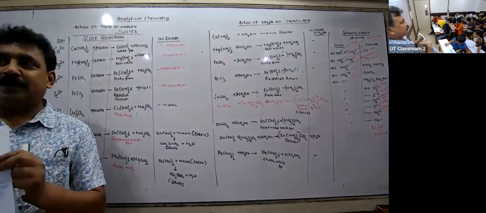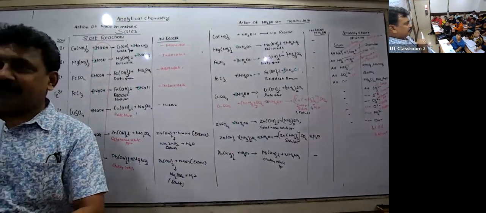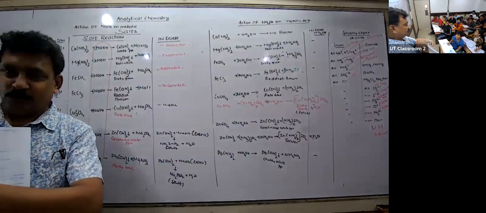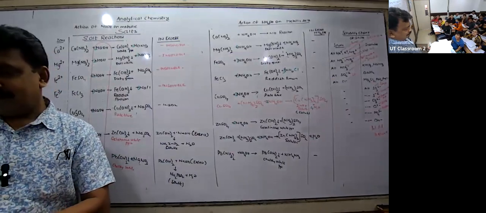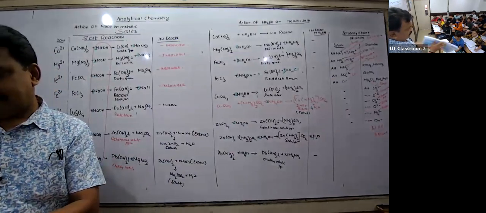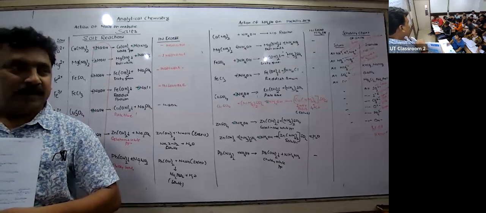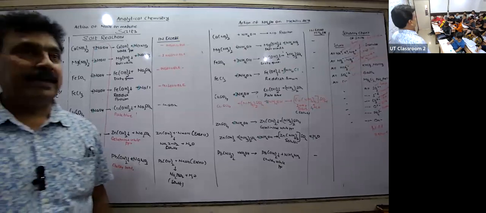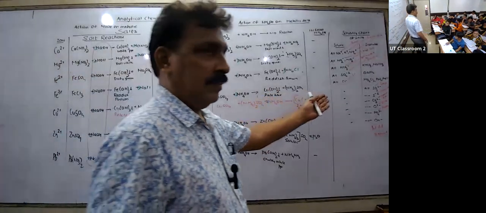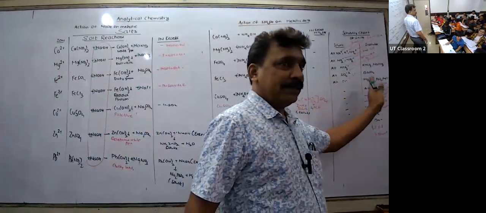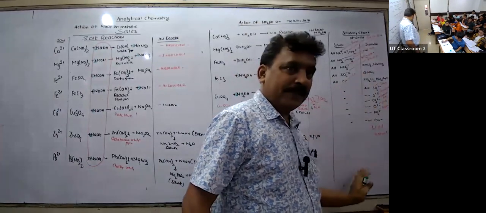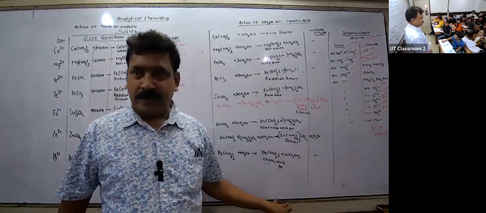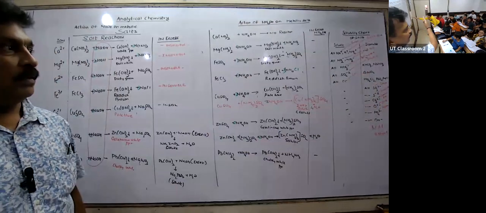Gauri has written in a very nice manner. यहाँ पे आपको दोनों साइड ठीक है और यहाँ पे सॉल्युबिलिटी ठीक है। सॉल्युबिलिटी चार्ट नीचे लिख दीजिए अगर स्पेस नहीं मिला।